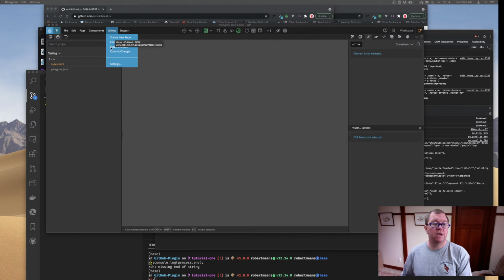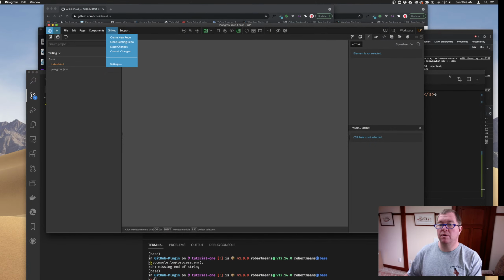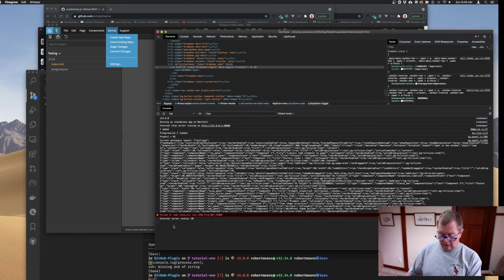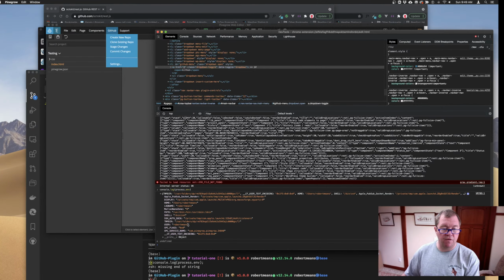So now we have our different GitHub actions that we're going to want to be able to do, as well as a way to link out to our settings. All right, so as I sort of talked about earlier on, actually we can go into the thing here. If we look at the console log, we can see that we have this set of different variables already pushed in there. One thing that we can do is we can say